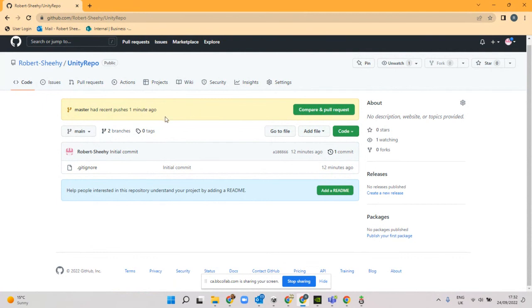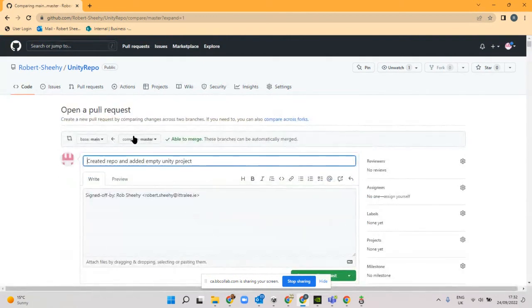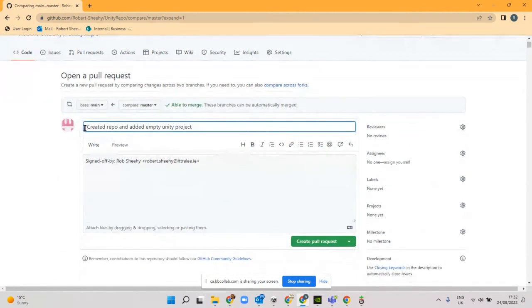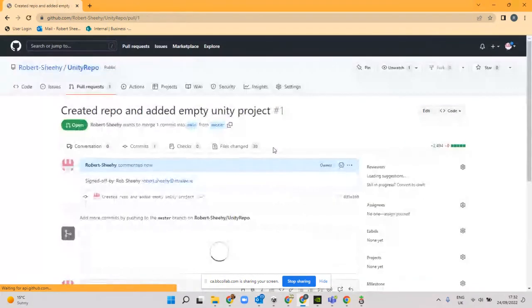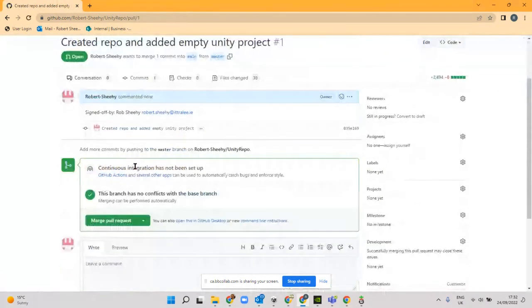So what we want to do is merge that in with the main and get rid of the master. So we compare and pull request to do this. As you can see, the arrow here indicates that we're going from the master, sending stuff to the main. Again, the commit message comes in here. If there were other issues that might arise, you could put some comments in here. So you can now create this pull request,